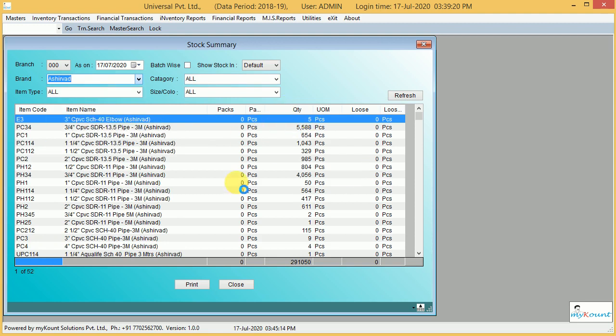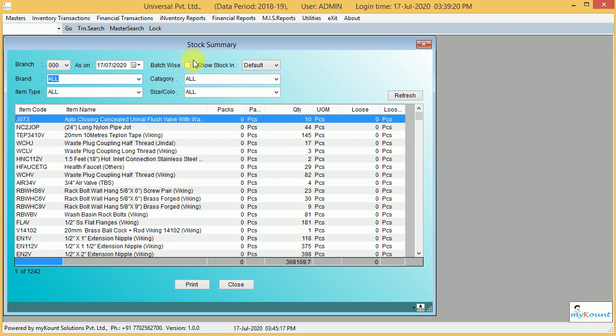Next, here batch wise. On selection of batch wise, stocks will be shown on each batch individually. Next, here show stocks in default, packs, quantity or loose or default all. So here on selecting packs, we can see it pack wise.